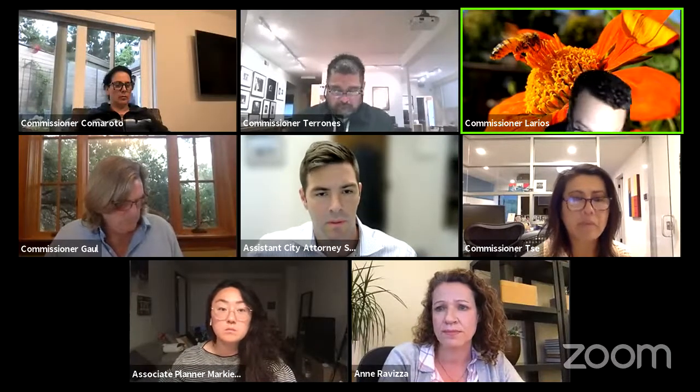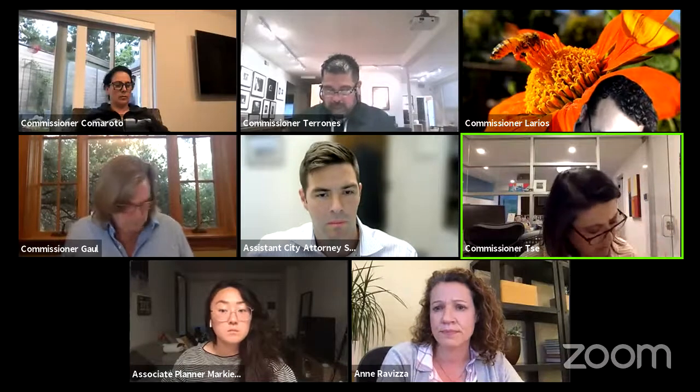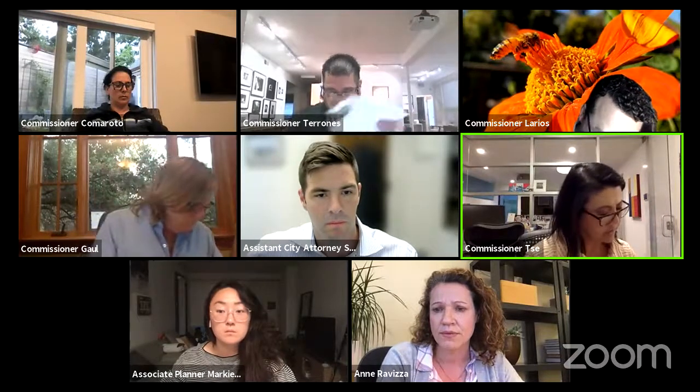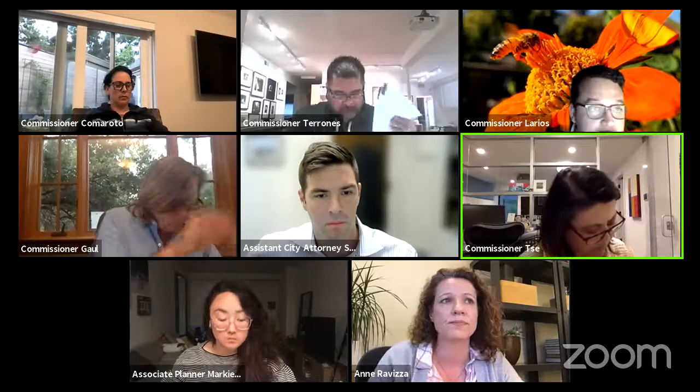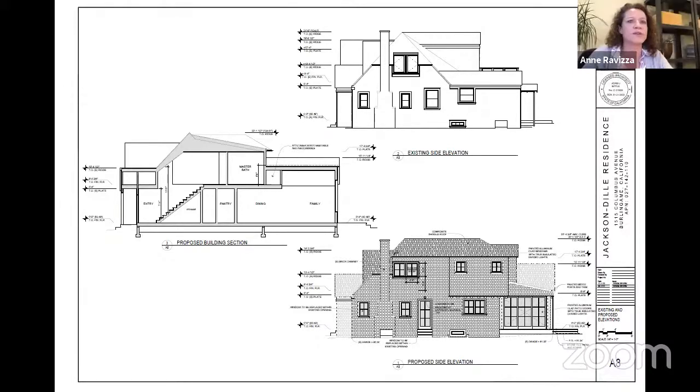Commissioner Say. Hi, yes, thank you. I just had one quick question. The right elevation, it looks like that quadrant to the upper right side of the upper floor is proud of the lower floor. Yes. I don't see that in plan. And just wondering if I'm missing something. No, it is proud in plan.